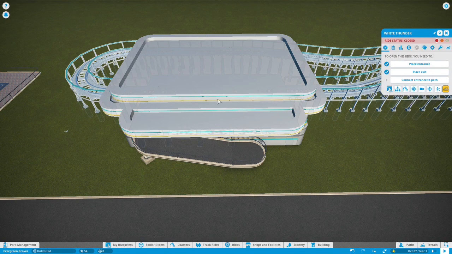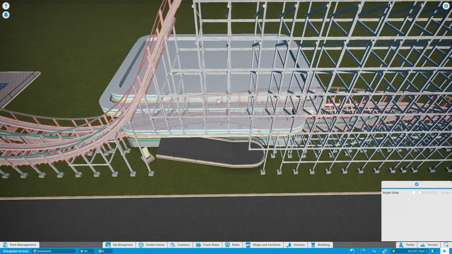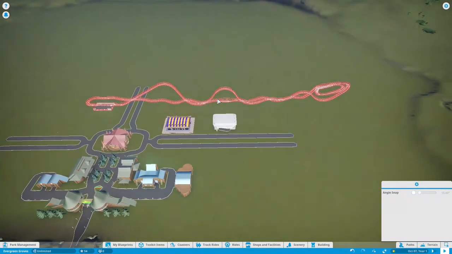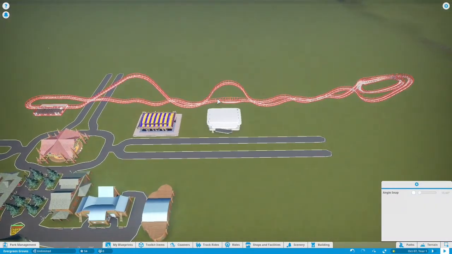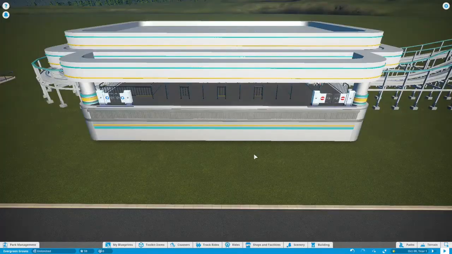Move is M, so I'm going to click move there. Oh no! What happened there? Uh-oh. Well, Houston, we've got a problem. So, apparently, did I...